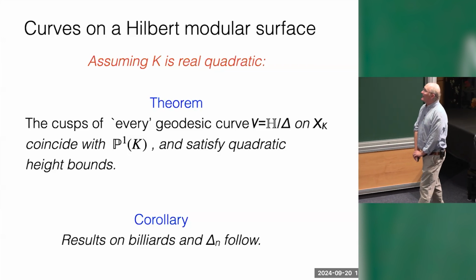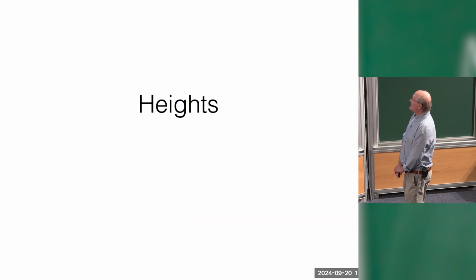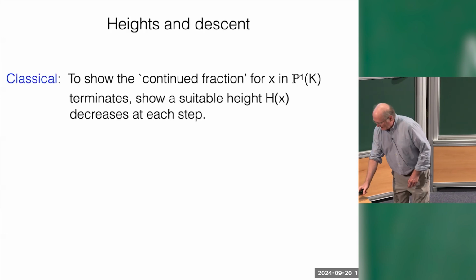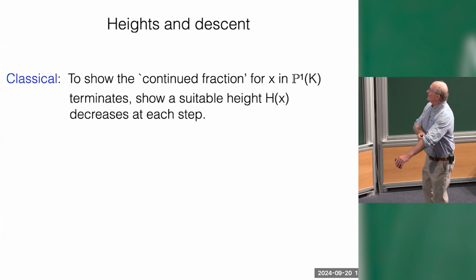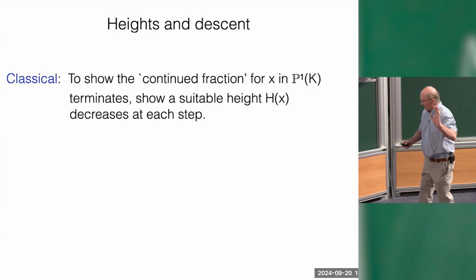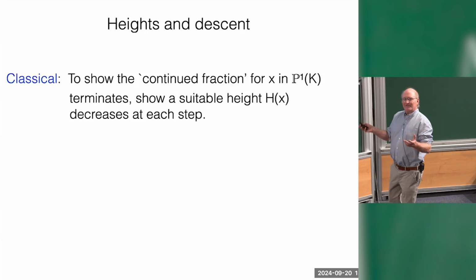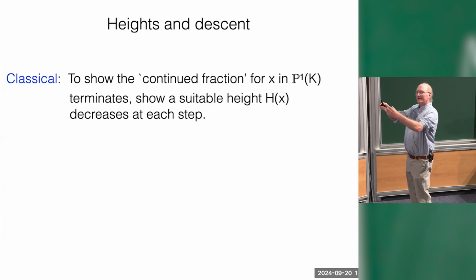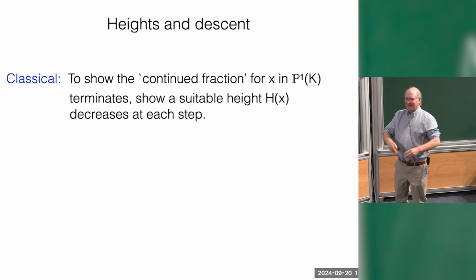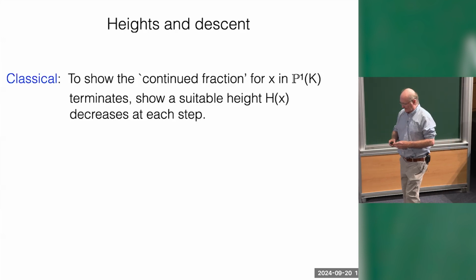Okay, so I want to just give a hint of the mathematics that lies behind this theorem. It has to do with heights. And so here's the idea. I'm going to talk about descent, and there are people in the audience who have a very sophisticated understanding of what descent means. That's not me. So descent means it's a la Fermat. You're trying to prove something about the solutions to an equation. You start with a purported solution, you do some manipulation, you get a smaller solution. And then you keep going, and from this, maybe by contradiction, you show there's no solution, or you deduce something about the solutions that there are.